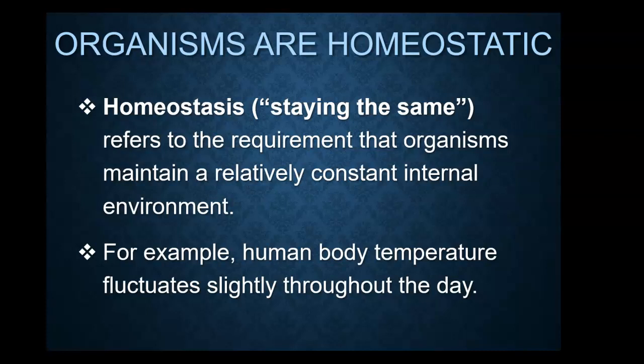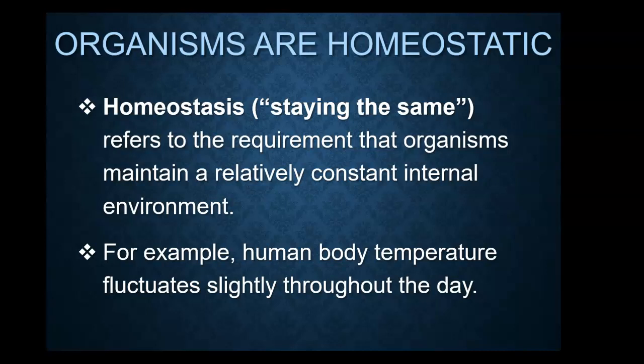Same thing with insulin, for example. If you're hyperglycemic, then what's going to happen is the pancreas will release insulin in order to start the uptake by cells to take that excess glucose out of the bloodstream, and return those levels to between 80 and 100. So that's a good blood sugar level.